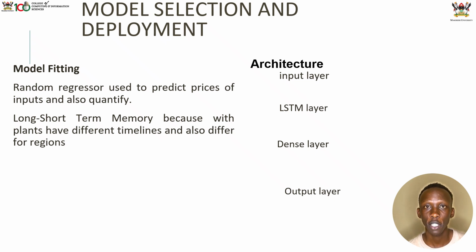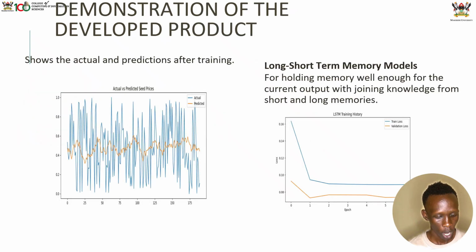So we chose the long short-term memory, because plants have different timelines. So it will get information about far end and near end, short-term memories, so that it can give you the best and accurate predictions of the system. So we go to the next, which shows illustrations of how these predictions will come out. For the first one, it will be giving you the linear regression graph, which shows you the way the predictions will be moving with various data within.